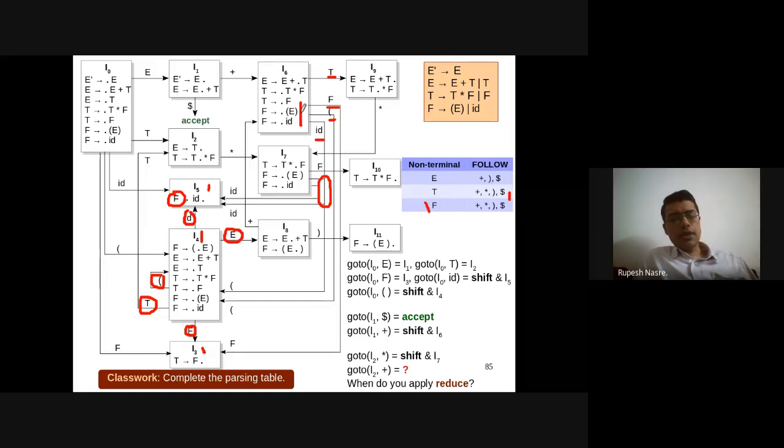My question was, if you have, for example, just fictitiously, t deriving f dot, and then there is another non-terminal, let's say x deriving f dot, then there are going to be reduce conflicts. But if there is t deriving f dot, and then there is t deriving f dot something, and then there is also a transition out of this.